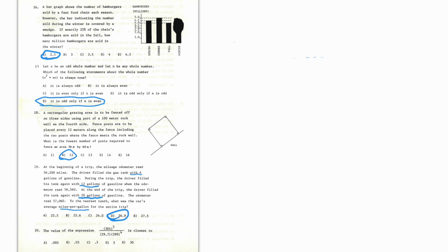Number 20. The value of the expression 304 to the power 5 over 29.7 times 399 to the power 4 is closest to what? 304 to the power 5 over 29.7 times 399 to the power 4. That's rounded to